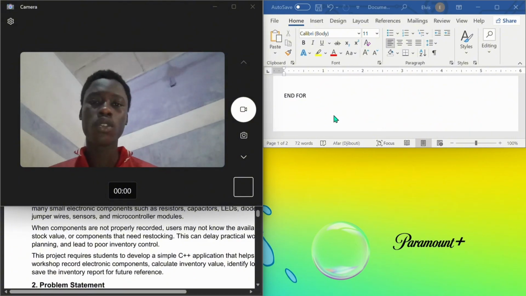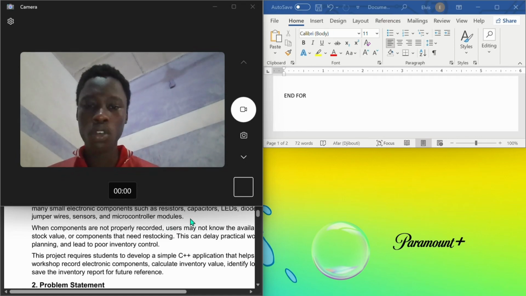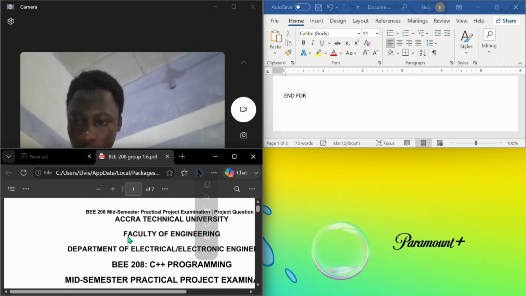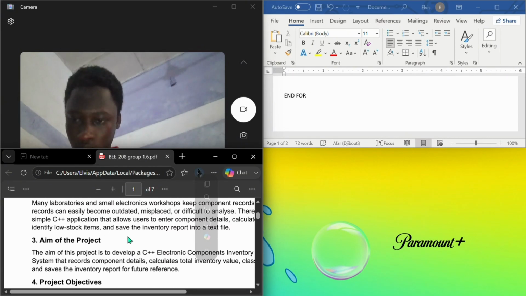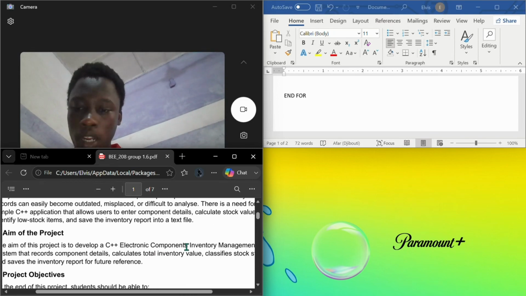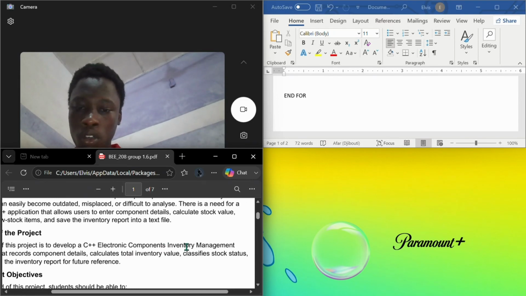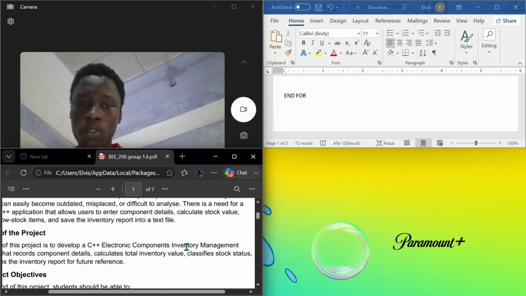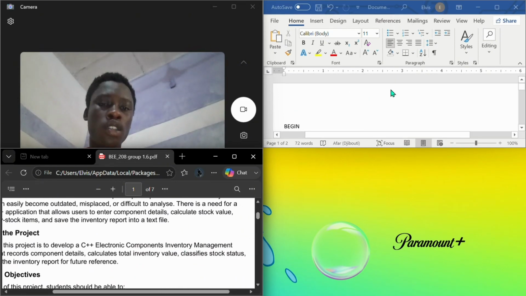Yeah. So without much ado, first, this is the PDF our lecturer sent to us, and this is the aim of the project. The aim of the project is to develop a C++ electronic component inventory management system that records component details, calculates total inventory value, classifies stock status, and saves the inventory report for future reference. And this is my C++